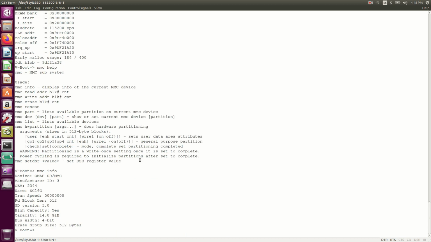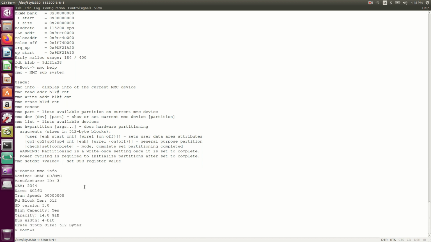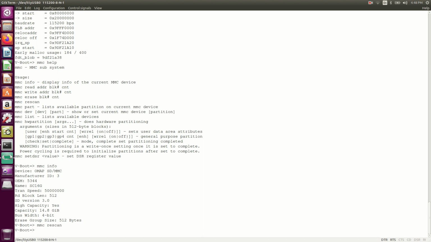This is all the information about that mmc. And there is read, write, erase. Okay, there is rescan also, so we can rescan the mmc card. And there is another one, mmc part, which will list all the available partitions.